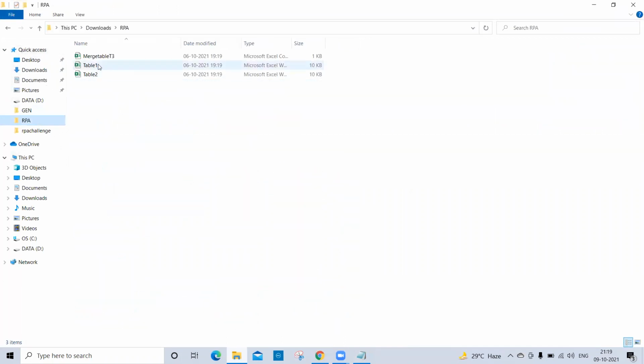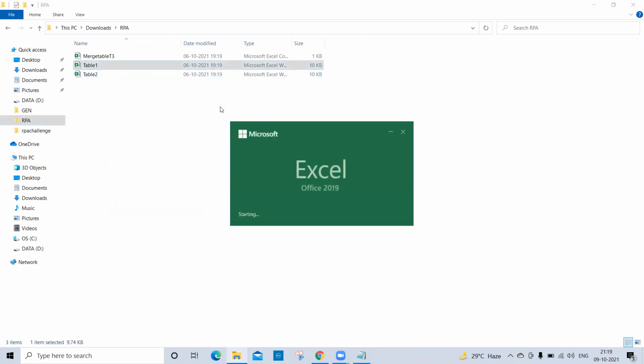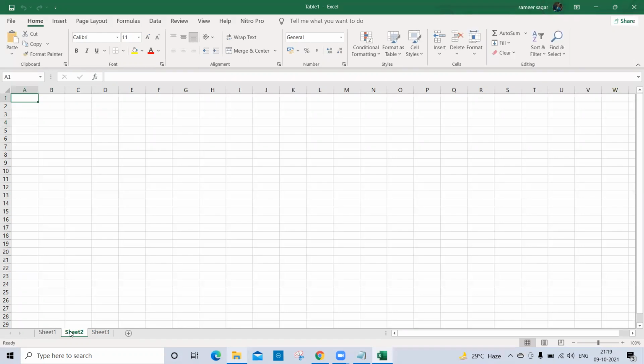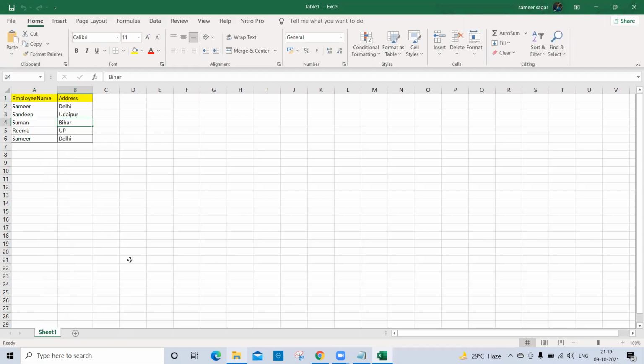So these two files are already created. I'll open them one by one. This is already created. Here Sheet1 is mentioned, so let me delete the extra sheet. I'm renaming Sheet1 to the file name. The file name is table 1, so I'm putting the sheet name as table 1.